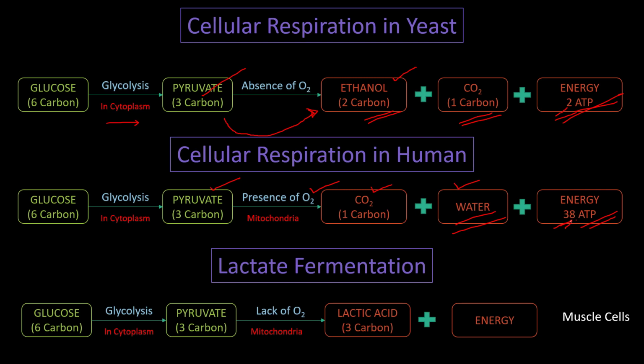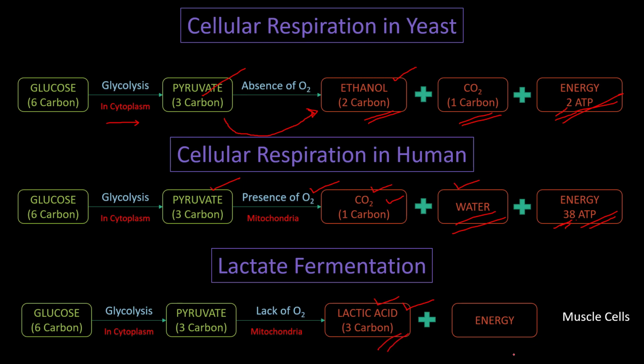Now if you're running on the ground or playing on the ground for a long period of time, your body is not used to supplying oxygen at the rate that your body is demanding. As a result, instead of going for complete oxidation, the cells go for lactate fermentation. That is, the glucose, instead of getting converted into CO2 as in complete oxidation, forms a 3 carbon structure, the lactic acid or lactate, thereby the name lactate